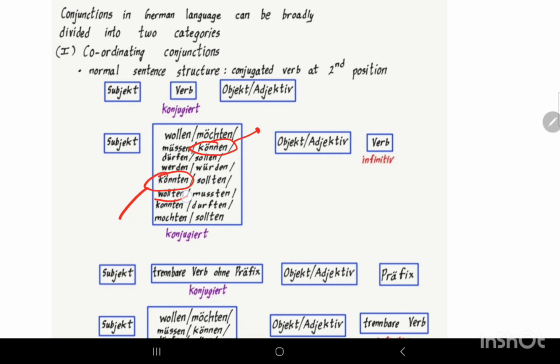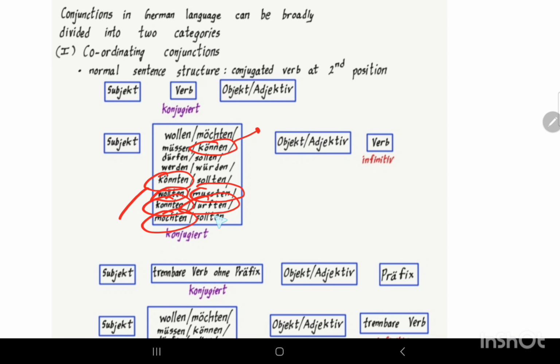Okay, then you have wollten. Wollten is nothing but wanted to, right? Mussten is like had to, past of muss. Konnten is past of können. Durften is past of dürfen. Mochten is past of mögen. When I say past, I mean